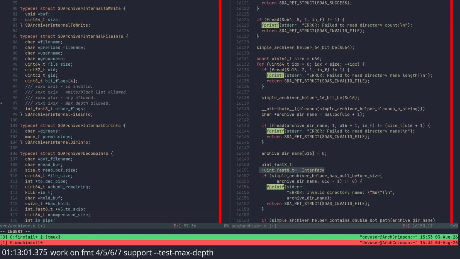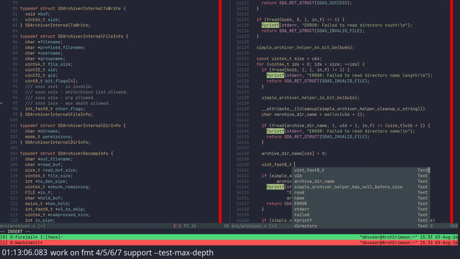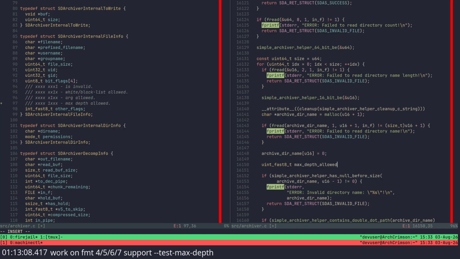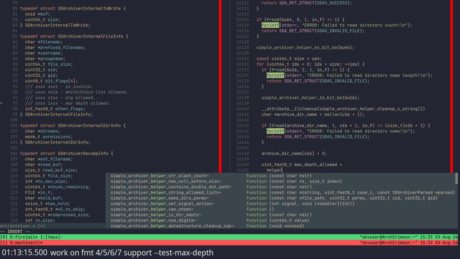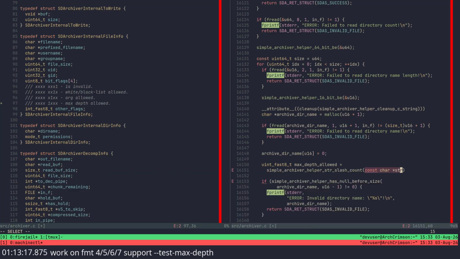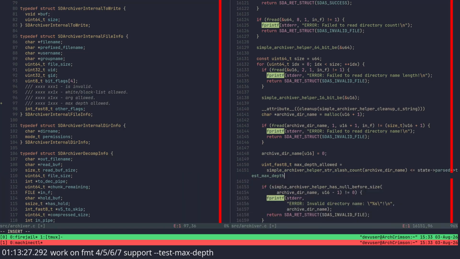Here, directory names are directly handled after they're given in the file format. So I can use a boolean variable here. Note, I don't use a bool keyword, because technically C doesn't have a bool keyword. It's provided by a header, actually. And I figure I'll just use a variable that's a uint_fast8_t. The fast within that keyword indicates that it's